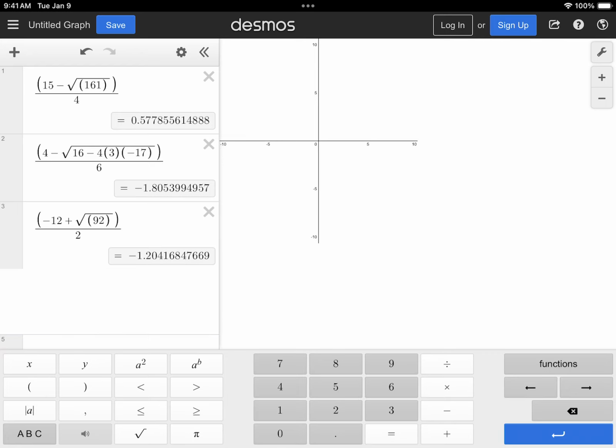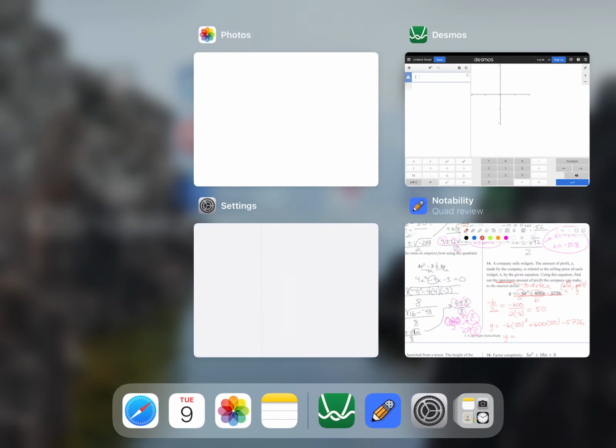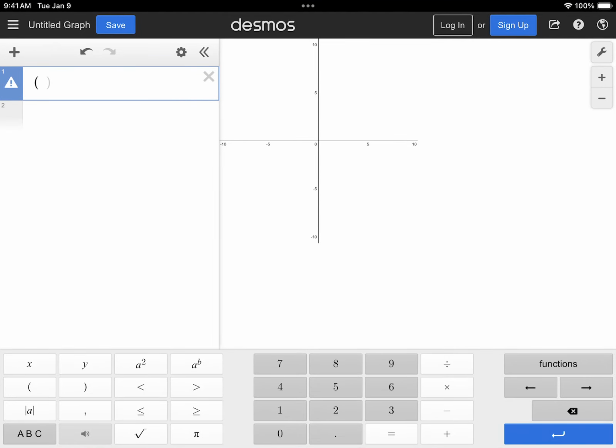So I got negative, oops, I always put parentheses on the top. Sorry, -6. I was right, -6 times 50 squared. There we go. Never mind. Don't need parentheses. -6 times 50. Then I have to square it, plus 600 times 50